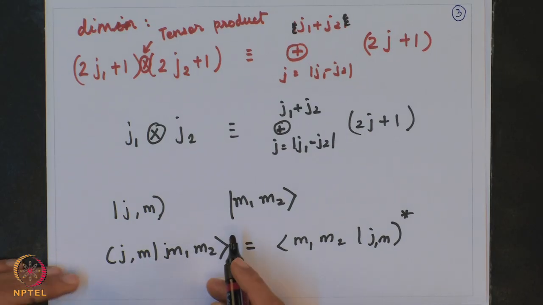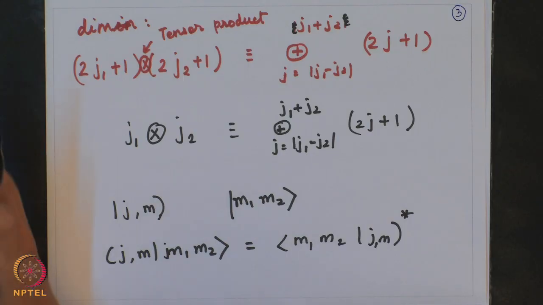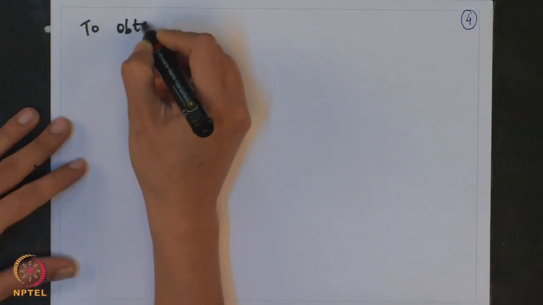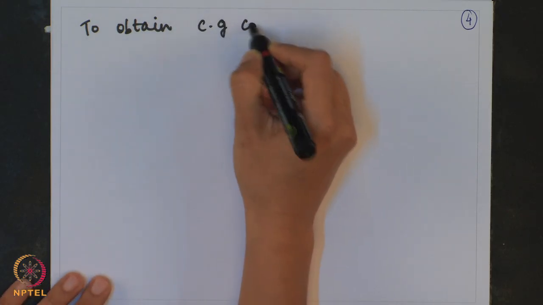You will see how this table is prepared and how one can write it beautifully in the block diagonal form. So, let us go to the table part. This is the point you should remember: to obtain the CG coefficients,